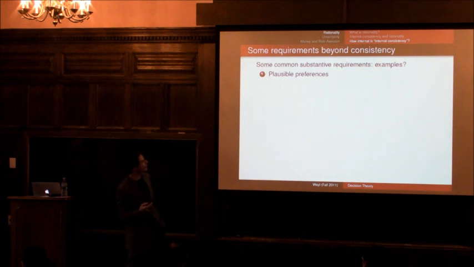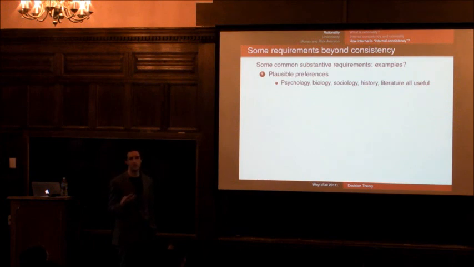So I'll go through some. So one is just that they have some plausible preferences. Lots of things in our life tell us that certain preferences are implausible, others are plausible. For example, I'm sure that in your common everyday use of the term rationality, you would think that someone who has